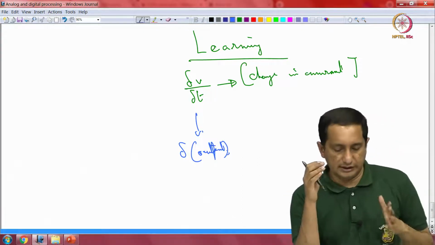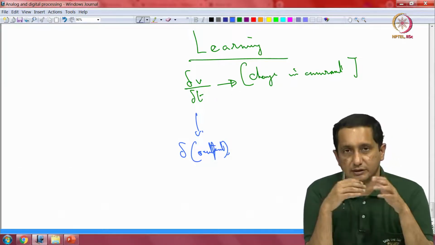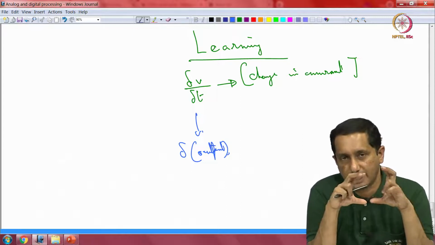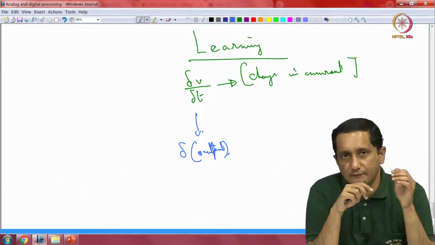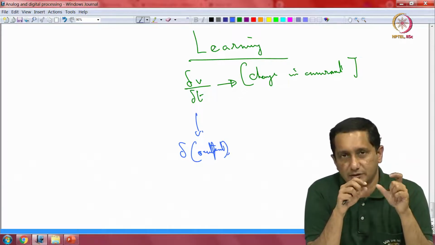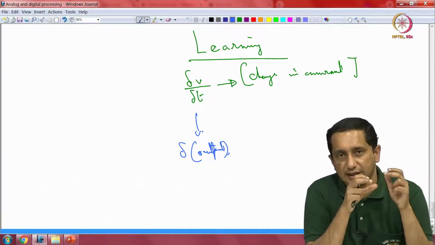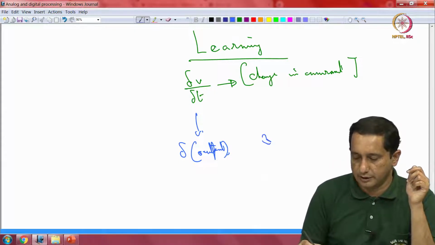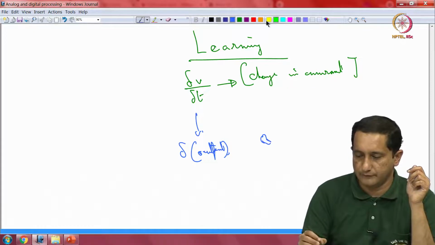Okay, so we need to find out where does the change happen. I have told you already that the action potential remains the same. Now, if you look at the dendritic part of the story, the synapses are fixed. So there is a synapse which is ending on a particular area of the neuron, and we will draw that here.